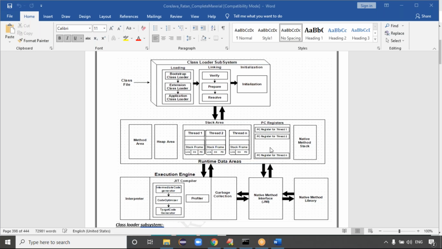Basically, PC registers are like first in, first out with the threads. The PC register is not a memory basically. It's a component in the operating system where the next instruction to be executed is kept. It's a small memory before going to the RAM, from the execution point of view. The next instructions to be executed are held in queue format, in the PC register.